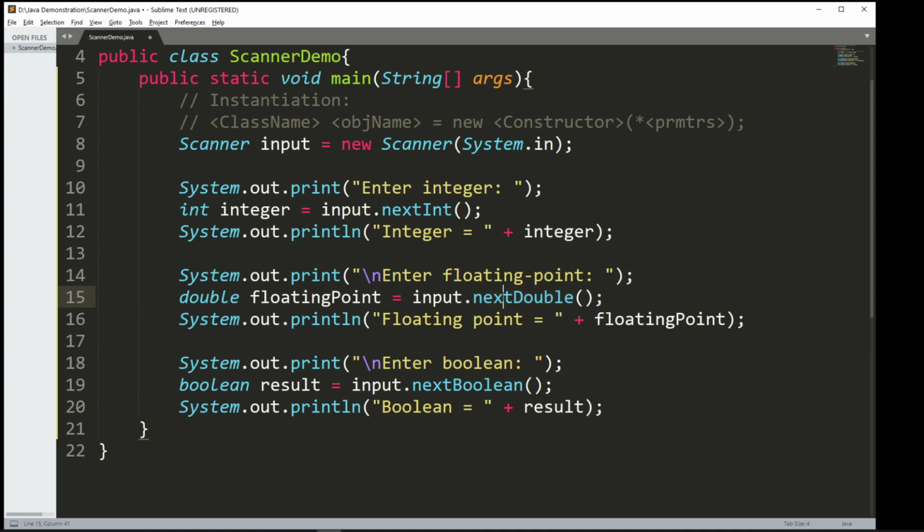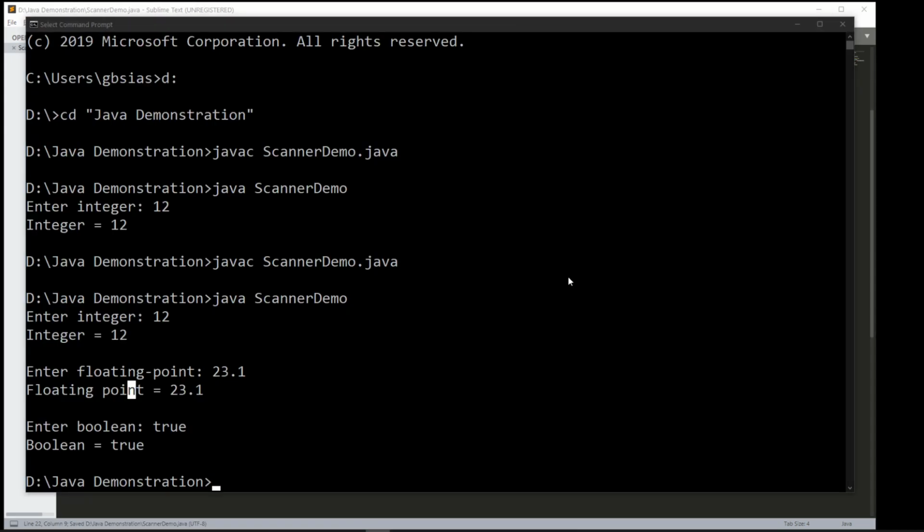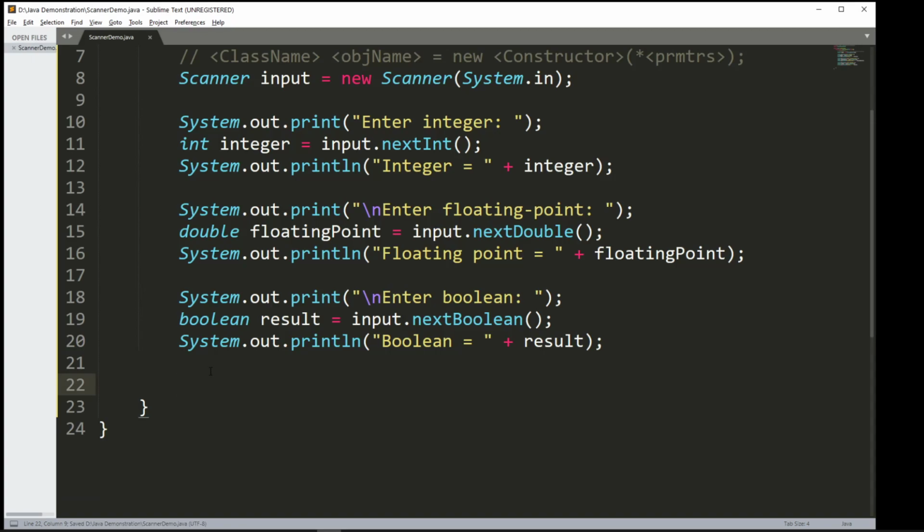Okay, so para dun sa apat na data type under integer, ganun din po. For floating point naman ganun din. Yung double and then float plus yung boolean. Nagkakaiba lang when you ask for string. Okay? So for string,